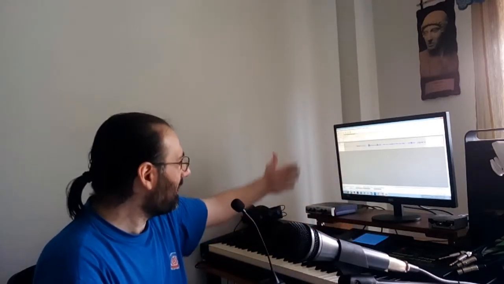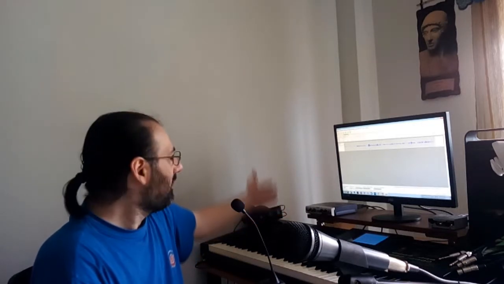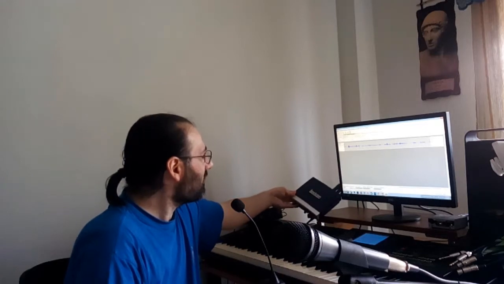This is my setup, this is my keyboard, my workstations, the Sizer Arranger workstation, multimedia workstation. This is my PC, and here we have my audio interface. This is, let me show you, a Lexicon Alpha interface, and many of you may have the same problem that I do have.